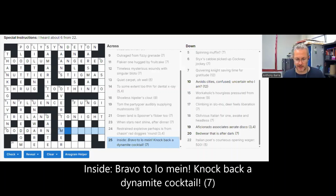25 across. Inside. Bravo to lo mein. Knock back a dynamite cocktail. Sounds like somebody's having a pretty good dinner somewhere. Inside might suggest that there's a hidden word. So maybe inside bravo to lo mein is something that means knock back a cocktail or means a dynamite cocktail